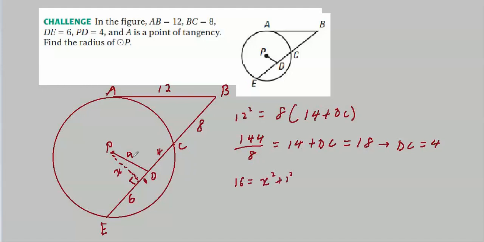Here's the hypotenuse, leg, and the leg. Well, that just means that x squared equals 15, right? 16 minus 1, or x equals the square root of 15. But of course, that's not what we're looking for. We're looking for the radius, which would be the whole thing. But extending this line is not how we're going to figure that out. Now we can write in that x equals the square root of 15.